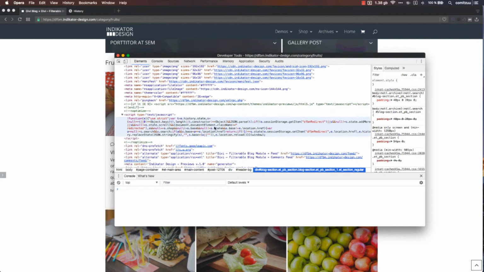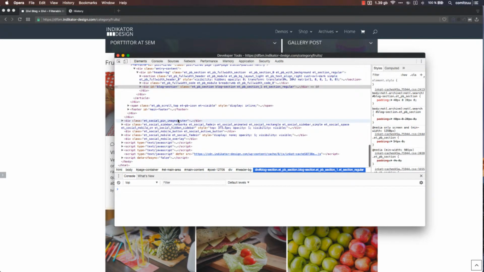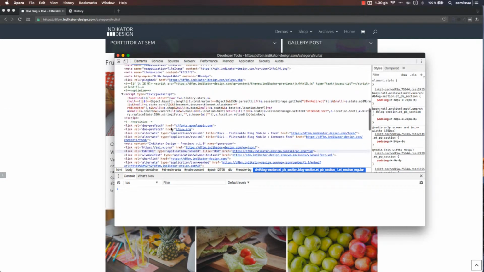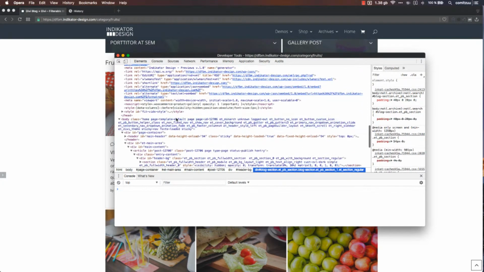So it's just a small script, so it's not something big. I have tested it on my own pages, so it has absolutely no impact on your page optimization. So you can move it to the footer, but then something will happen that you don't want,